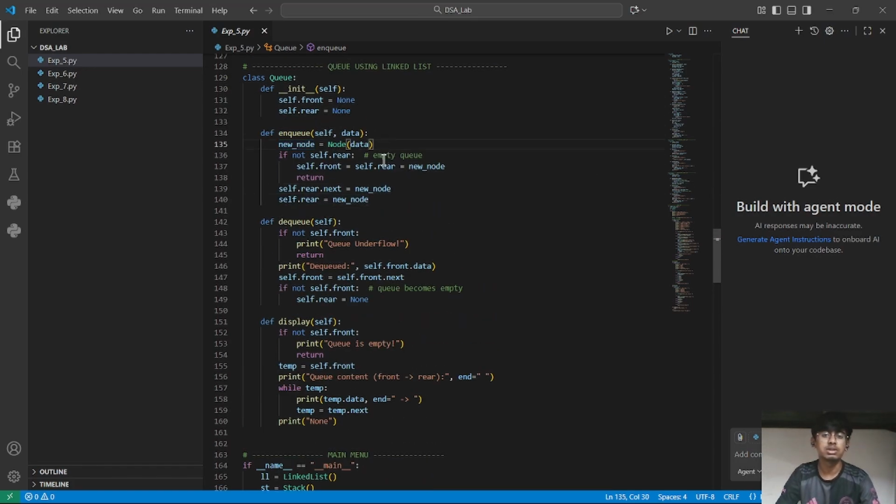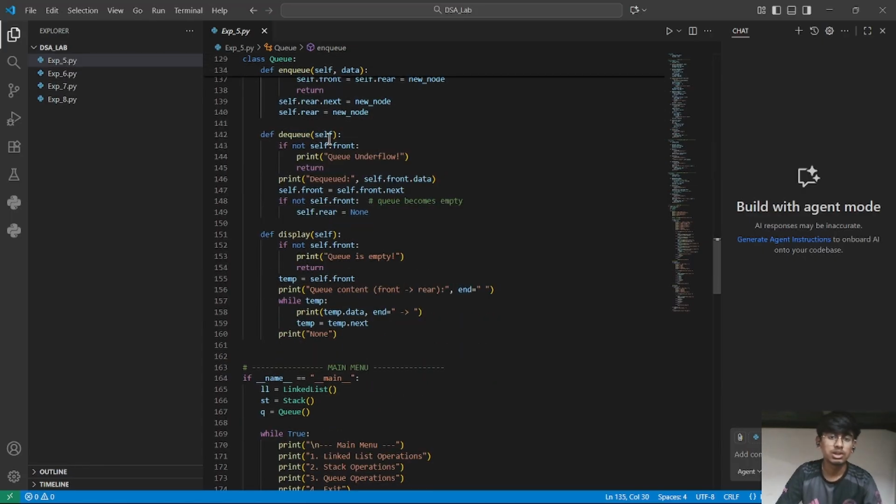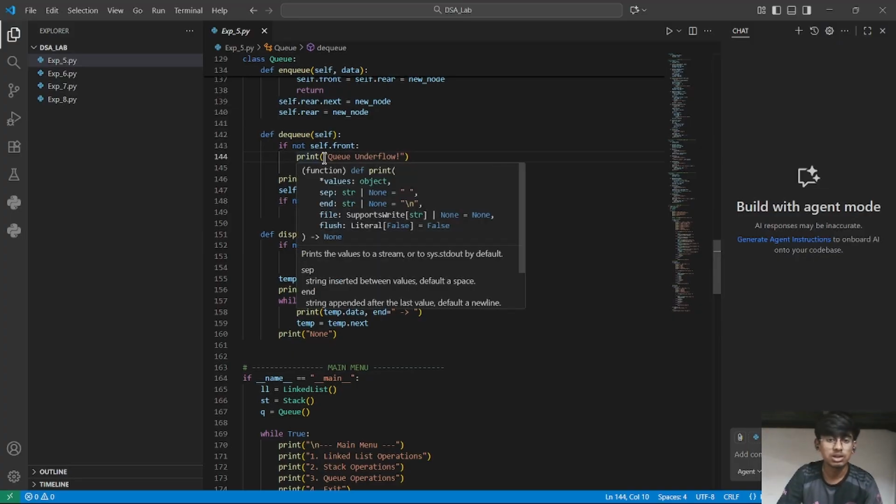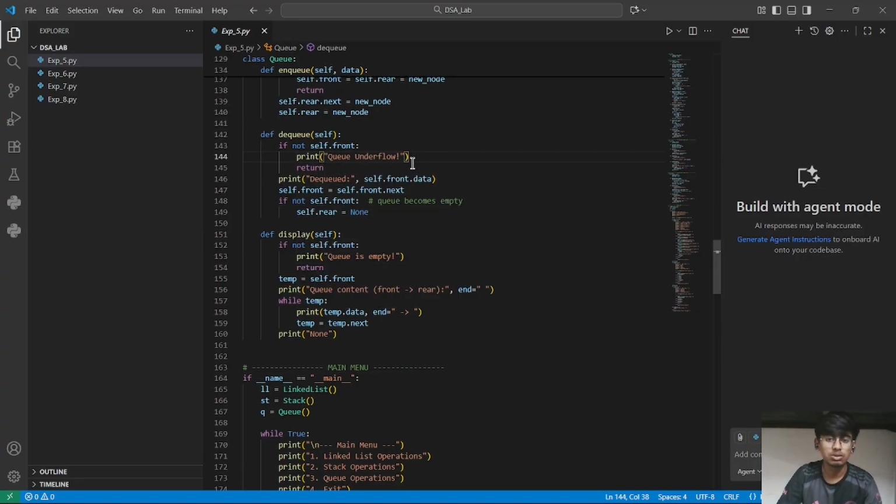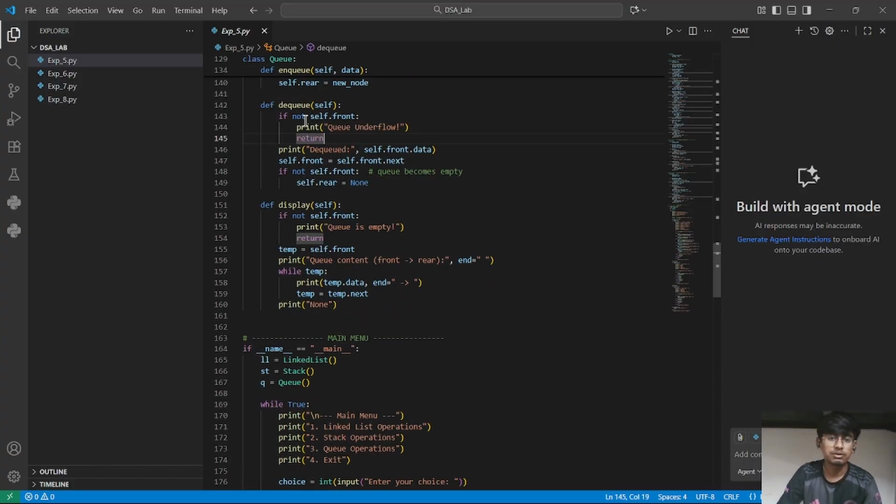Here, if it is not an empty queue, the element is enqueued, added at the rear. Define dequeue. If not self.front, this means there is no element in the front, so it prints out queue underflow, there is no element to be removed from the front. And if there is actually an element, it dequeues the element